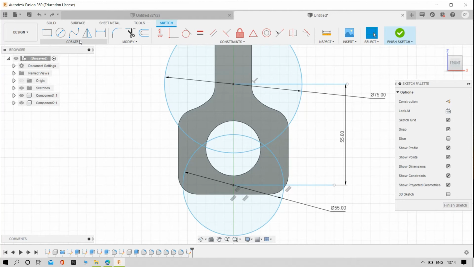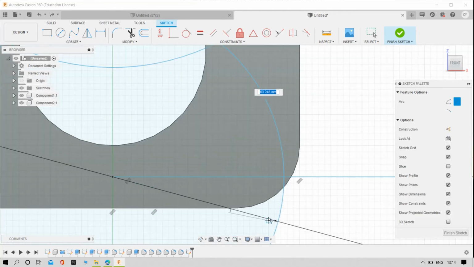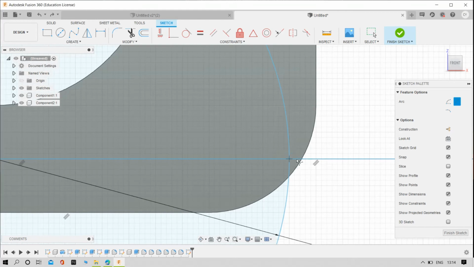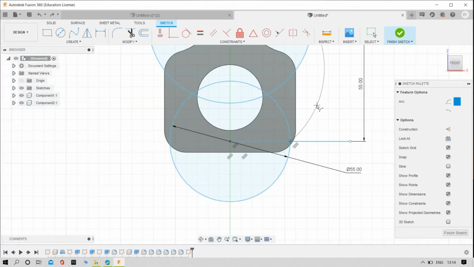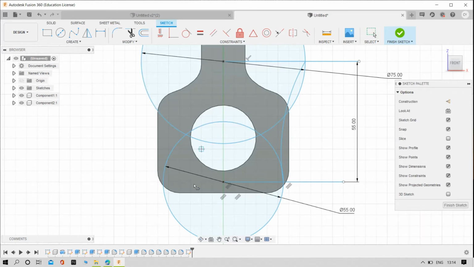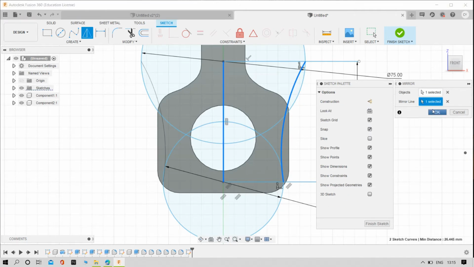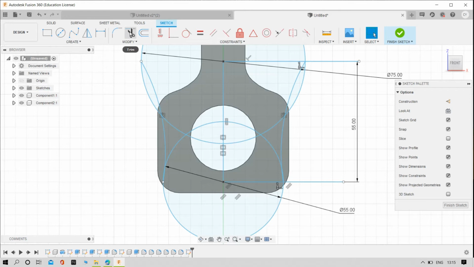Again try to select the arc, 3-point arc, select this center, and again make it a one vertical line between the 2 centers and make it a mirror. Click OK, and then now try to trim the unnecessary lines.